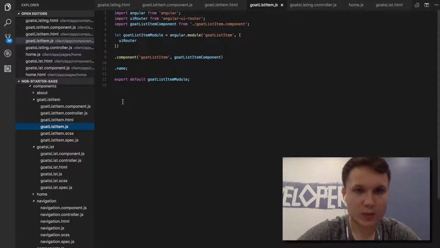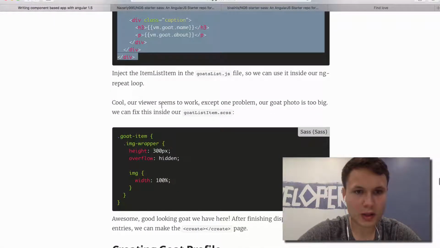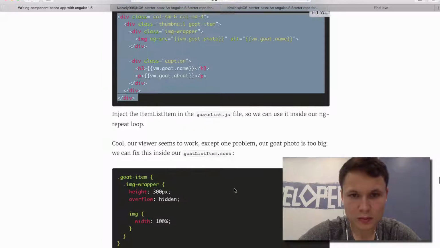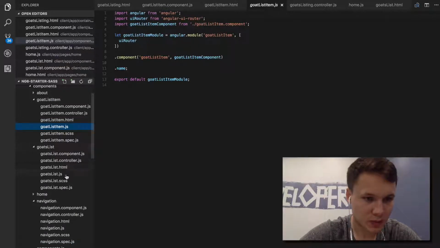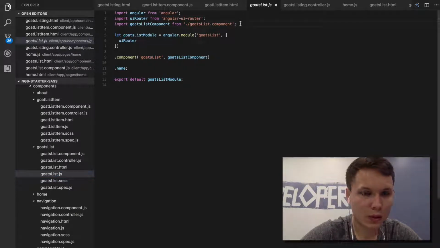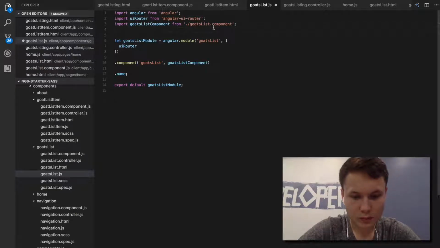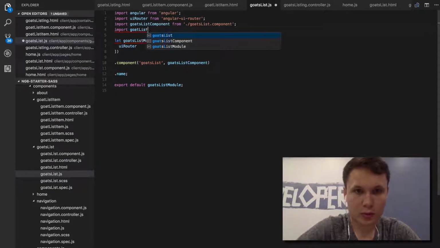JS file goat list item, sweet. Okay. Inject the goat list item into the goats list JS so we can use it inside our ng-repeat loop. We need to inject it in there. Obviously, we need to do that too. This needs to be injected into here. Import goat list item component